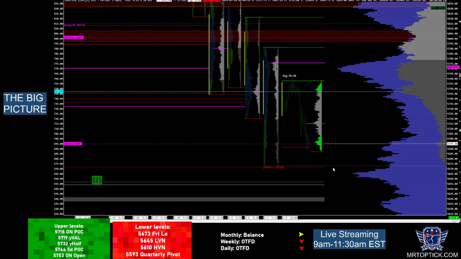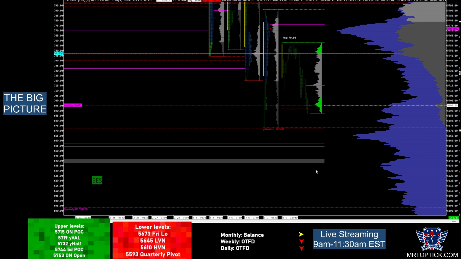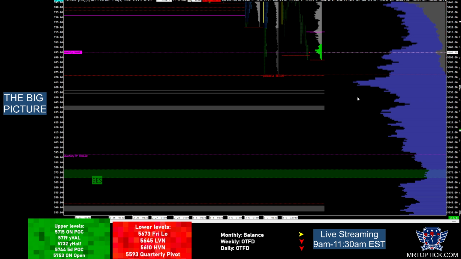So we have this high volume node down here that still hasn't been tested. We have 3 sets of single prints that haven't been cleaned up, and because we entered inside this distribution, what I think should happen is that we should sweep the whole area and test this 5600 area, where we have the quarterly pivot at 55.93. We have this low volume node at 55.70 to 55.78, and here we should see some bounce,